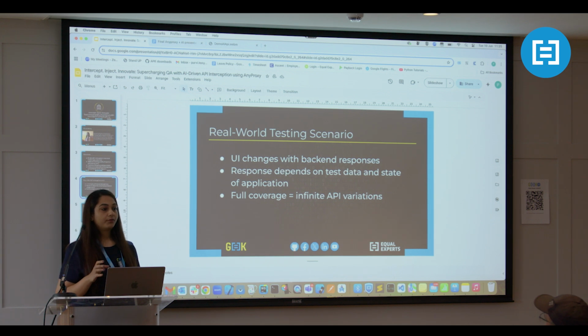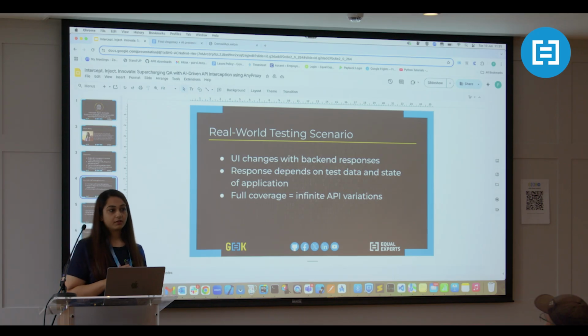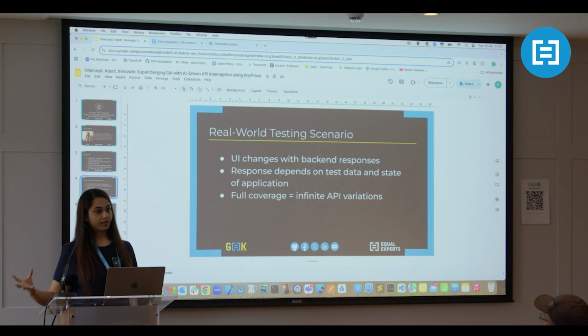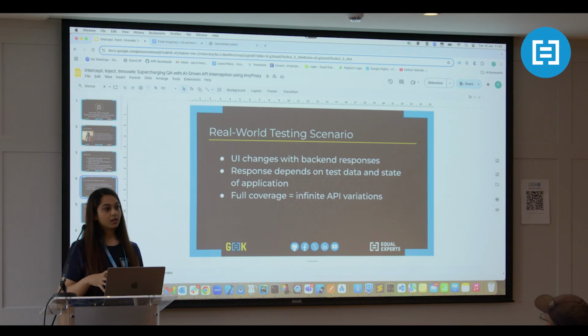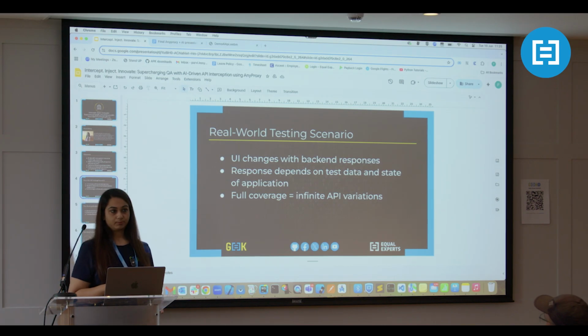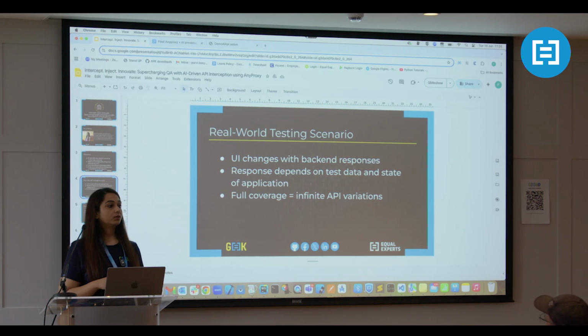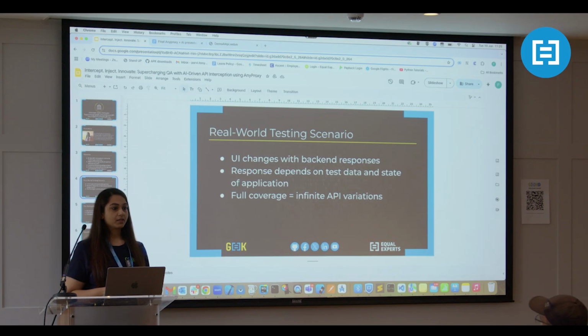If the application is in a certain state and these parameters are sent to the backend, we receive a different response, and the UI will change accordingly. And the third thing, the problem that we are facing: how to automate and get full test coverage of all these UIs based on different response variations.